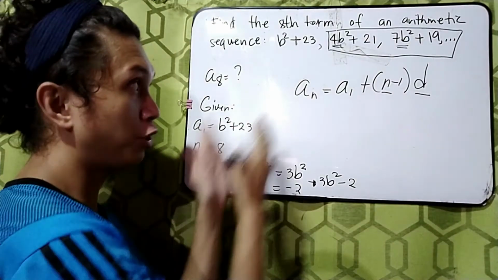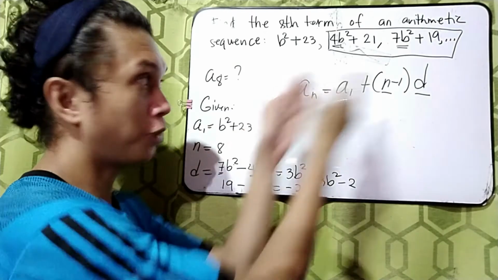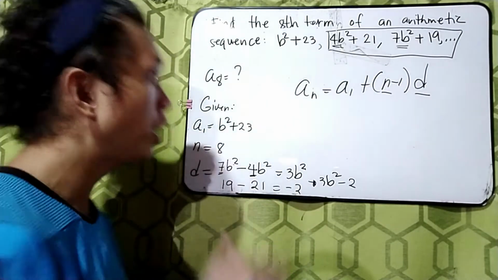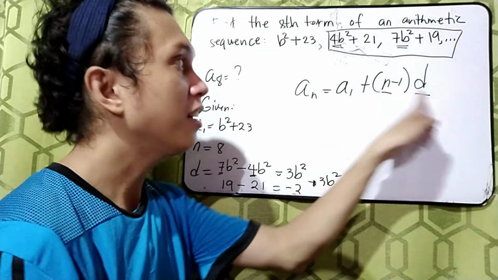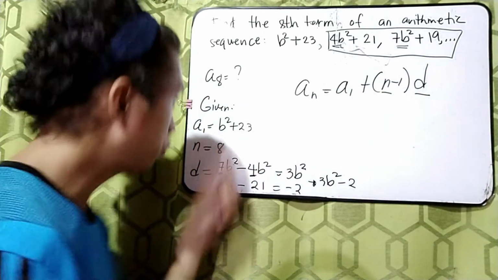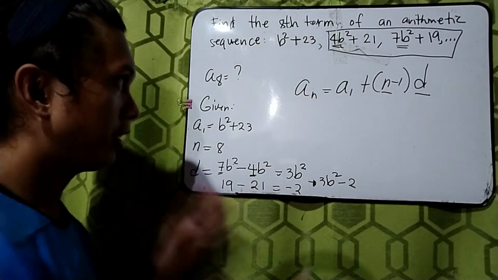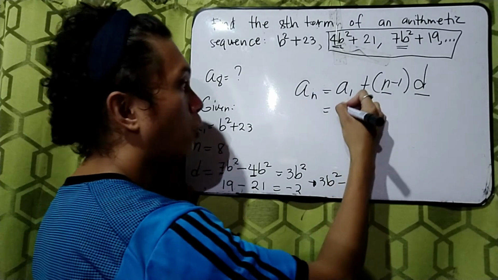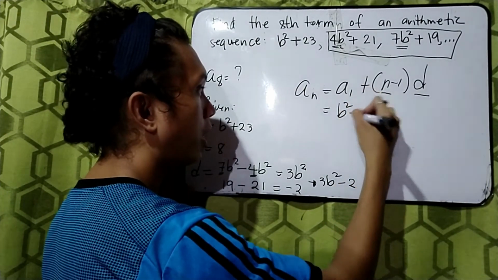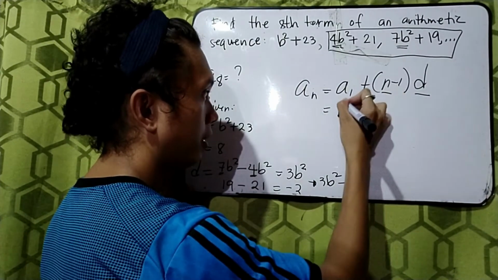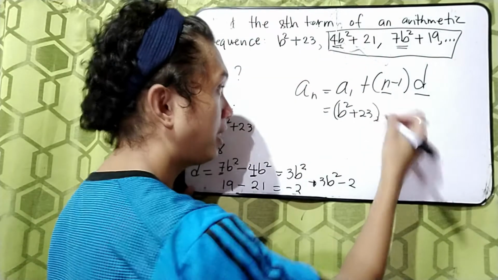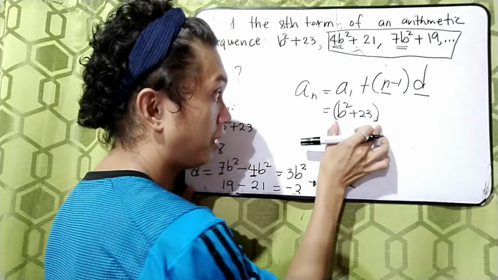Let us substitute all these values to our formula. When we say substitute, we replace these variables or symbols with the values here. So our a sub 1 is b squared plus 23. Okay, let's put parentheses because they are considered as 1